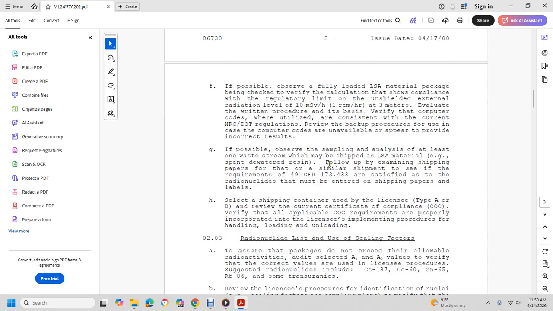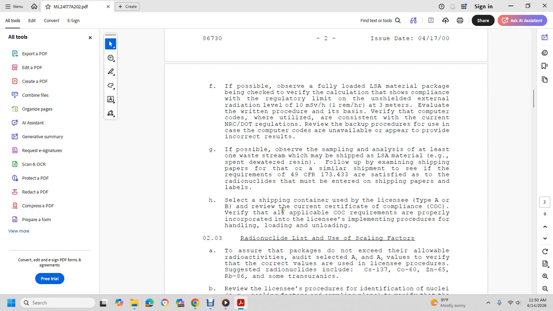To ensure correct results, if possible, observe the sampling and analysis of the open waste stream which may be shipped as LSA material, such as spent water and resin. Examine filed and shipped papers for similar shipments, with the requirement of Title 49 CFR 173 satisfied as to the radionuclides that must be entered on the shipping paper and the label. See the shipping container used, the licensee Type A or Type B, and review with the current